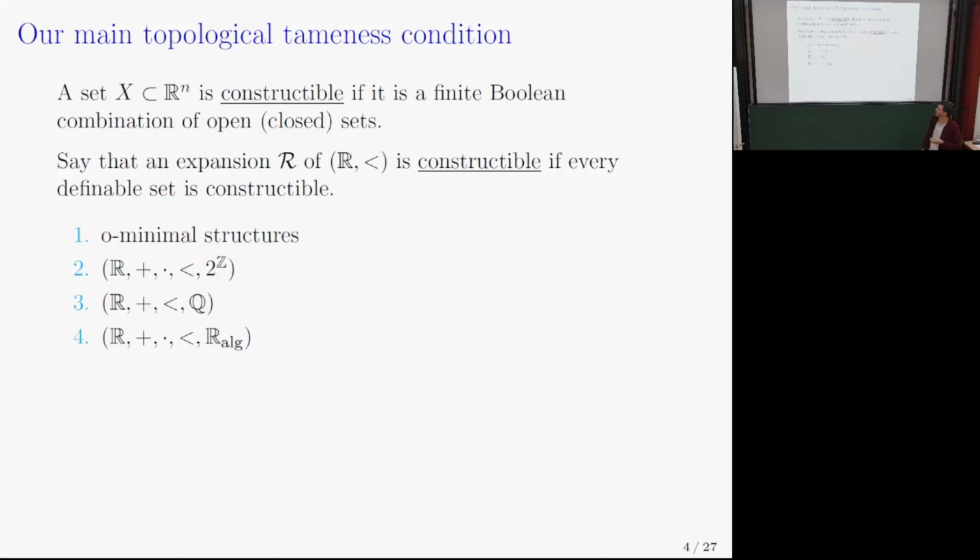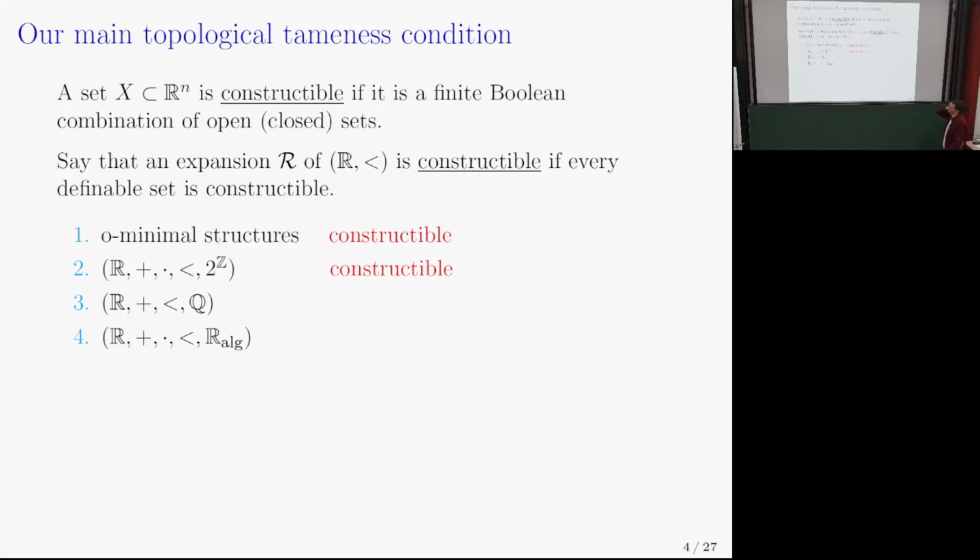So we have examples of minimal structures, they are constructible, and then you have this structure where you have the field of reals and you have a unary predicate for the powers of 2, so numbers of the form 2 to the power of an integer, studied by van den Dries in the 80s. It happens to be constructible too. But then we have these 2 examples. Now all of these examples are NTP2, they are NIP, by the work of Philip and other people. However, when it comes to 3 and 4, these are not constructible because we're adding a set in both cases that is dense and codense in R, and this kind of object is never constructible.